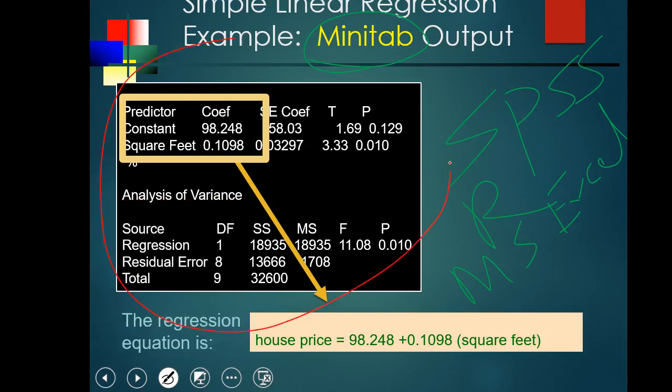It generates a table like this, and we are not interested in all of these terms right now. We are just interested in these terms. Here, this constant is actually beta naught, and the term in front of square feet, that is 0.109, is beta 1. So if we want to write an equation from that, we can see here